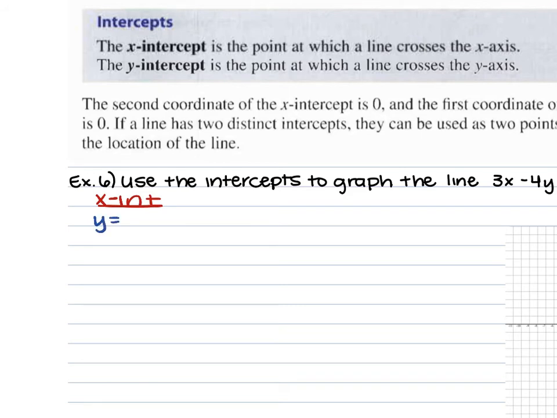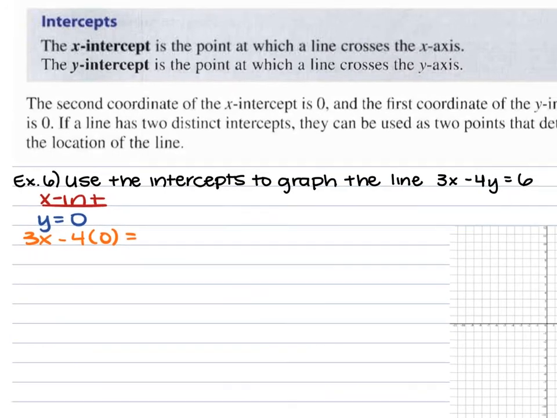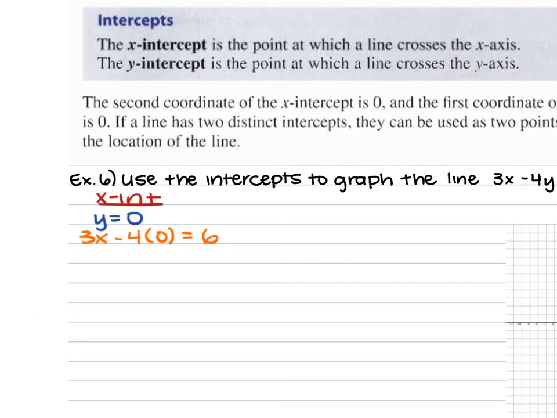We're going to have y is equal to 0, so this is going to give us 3x minus 4 times 0 is equal to 6. So that 4 times 0 cancels out, so we just have 3x is equal to 6. We can divide each side by that 3, and we get that x is equal to 2. To find your y-intercept,